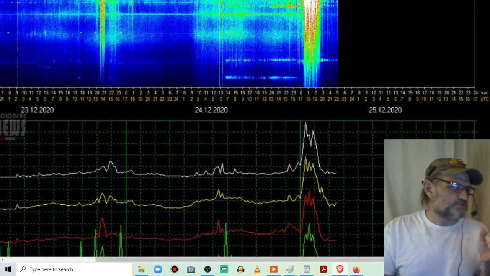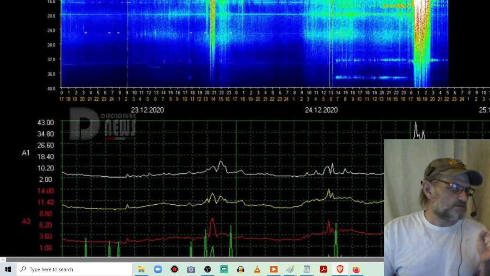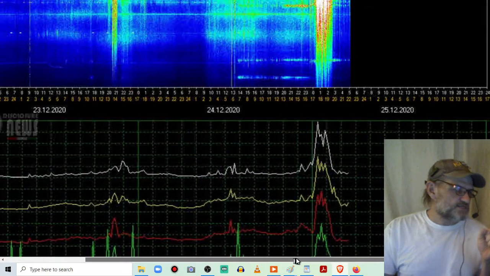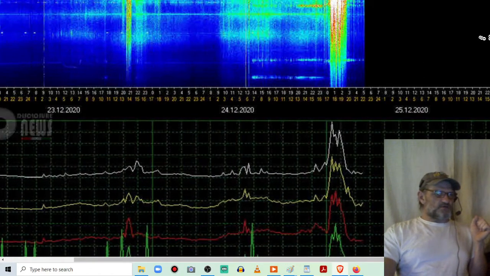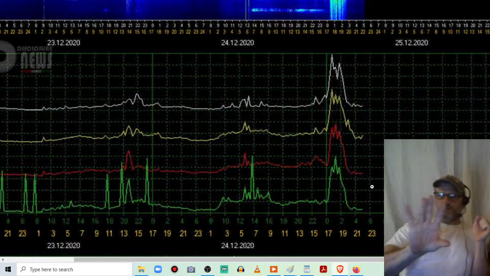Then the next one up is 22. And you see the next one up is 14. And you see the next one is 10.5. Okay, so these are nested within each other. It's one continuous,